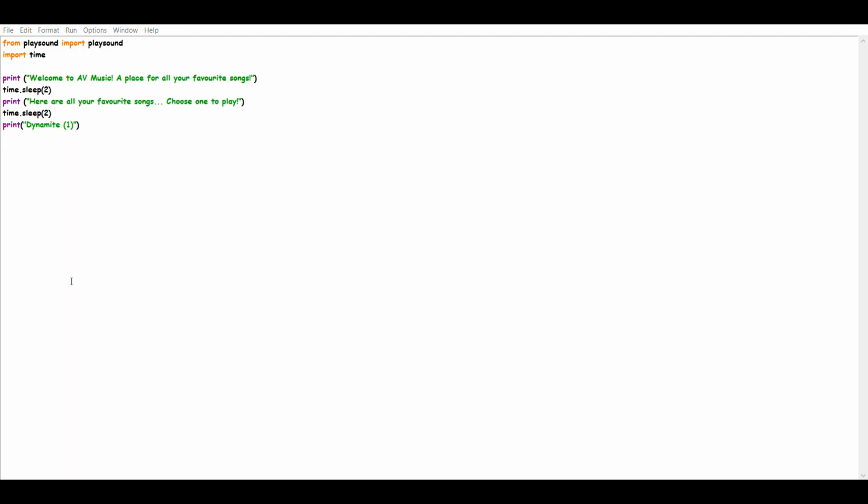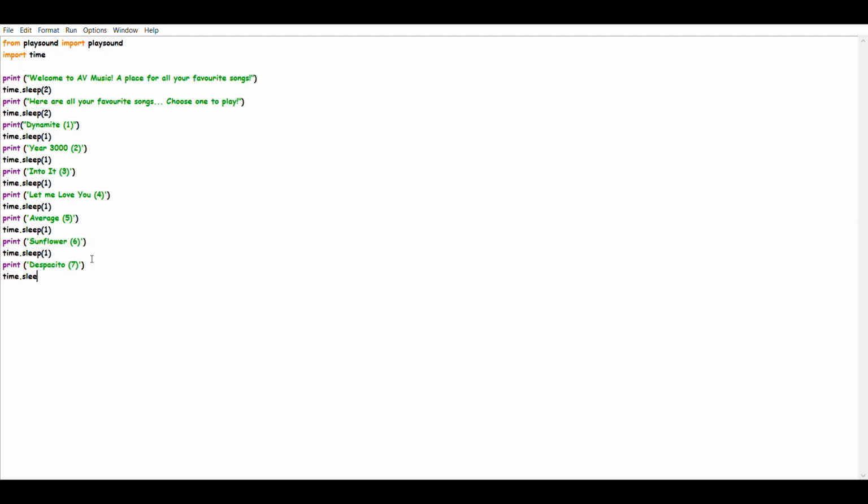So I'm just going to copy all of my songs from another code and paste it here. Okay, so that's done. As you can see, I've added 2, 3, 4, 5, 6 and 7 over here. So you also have to do it like that so that you can decrease all complications.